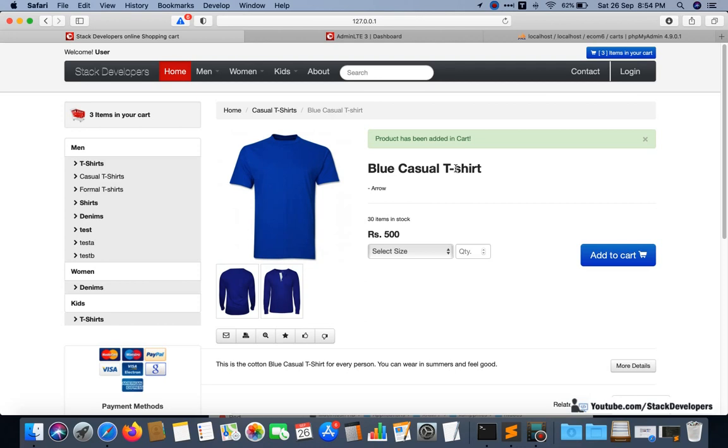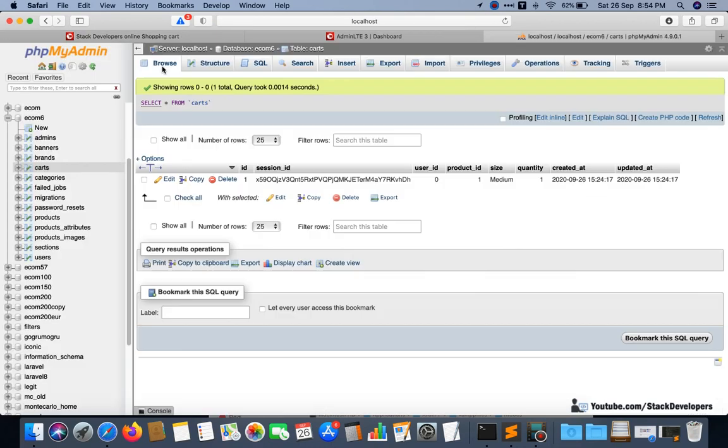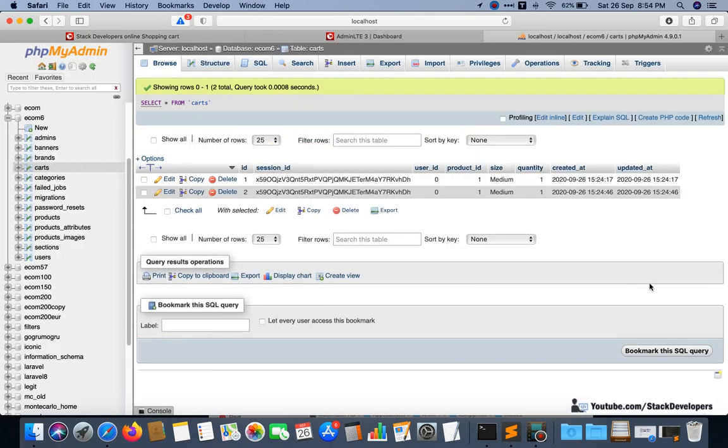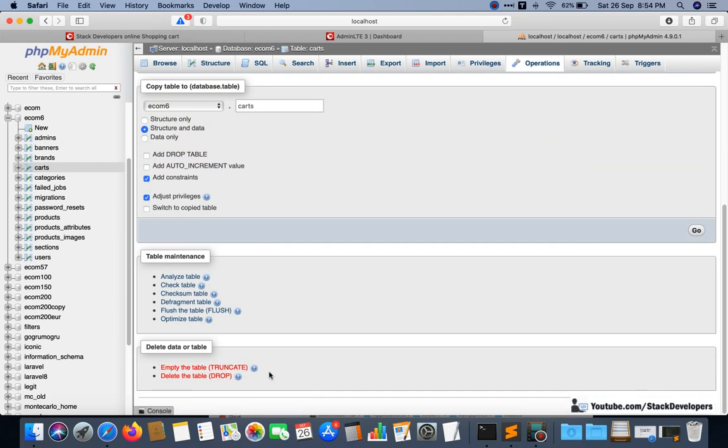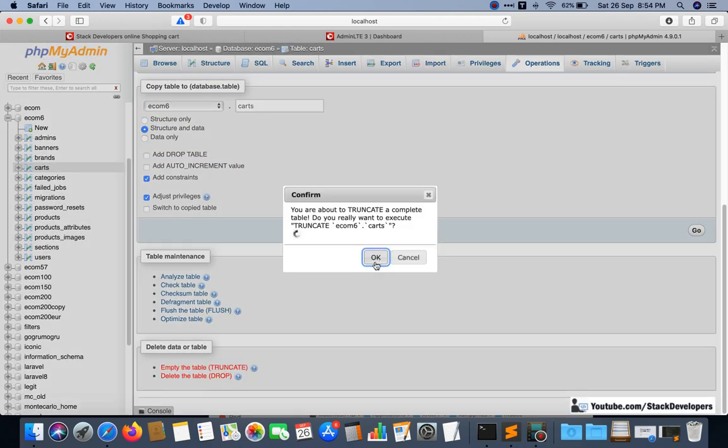Now we will add one more check. If the user again adds medium size, then it will add again, but that is wrong. See, it is added 2 times and that is wrong. Now the error message must come that the product already exists in card.